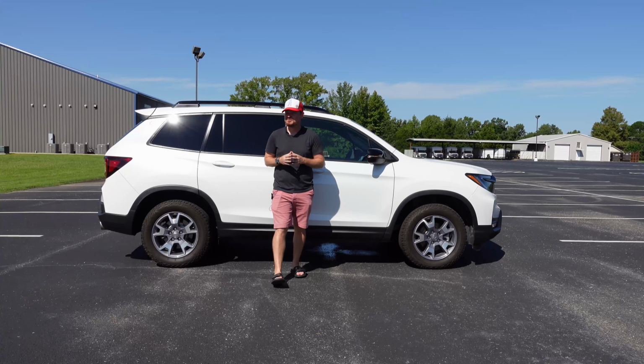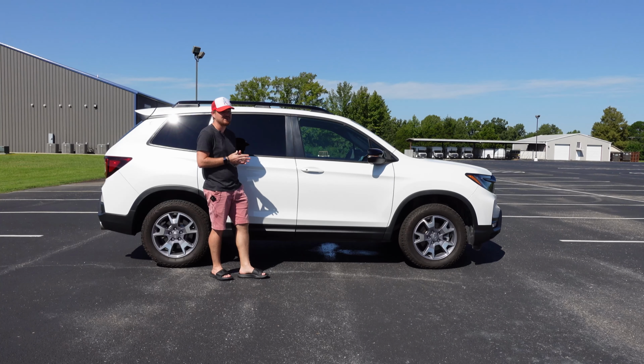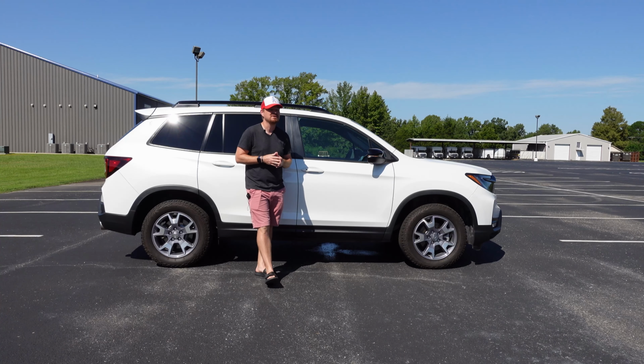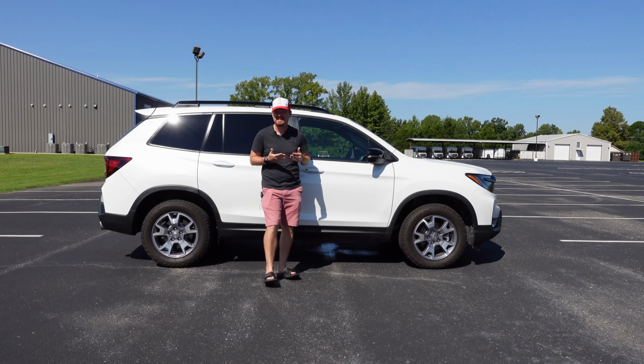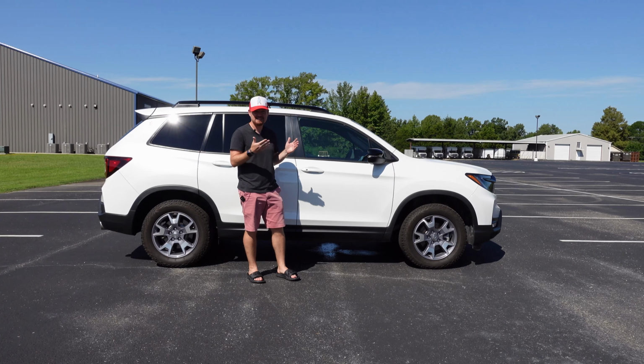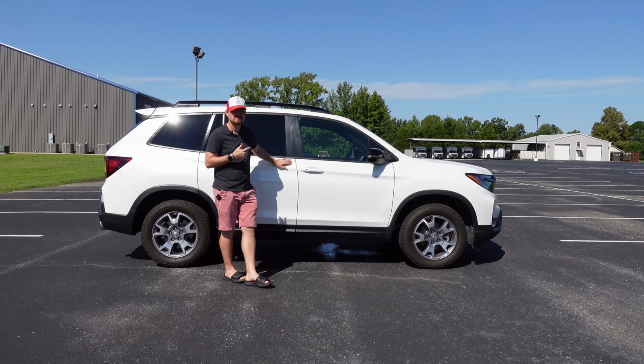And that about concludes my time here with this 2022 Honda Passport Trail Sport. And my final thoughts on it are, I have actually come to love it a whole lot more than I thought I would. Sure, it is not the most rugged off-road and will not really compete with Trailhawk models from Jeep, but that's really not what this one is for. Even though Honda promises more rugged off-road versions in future models, this really is a light-duty off-roader, and I'm completely okay with that